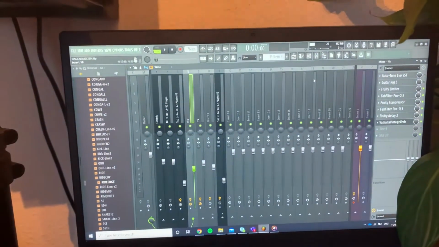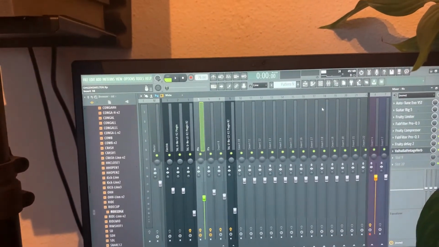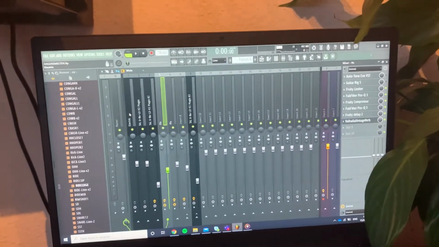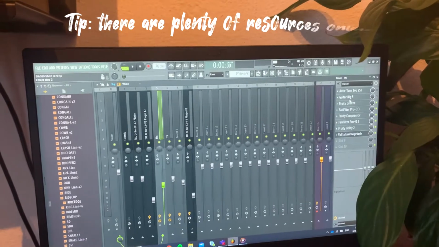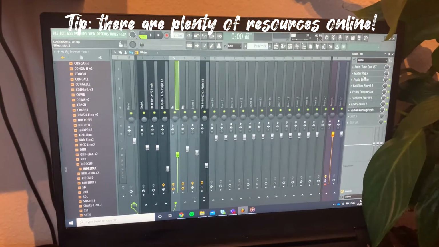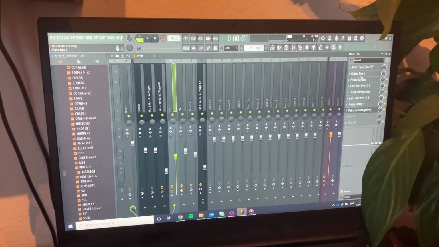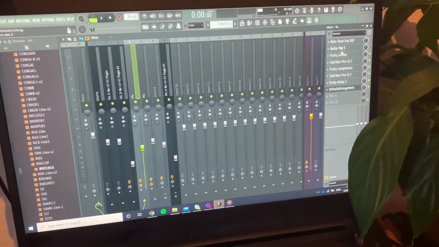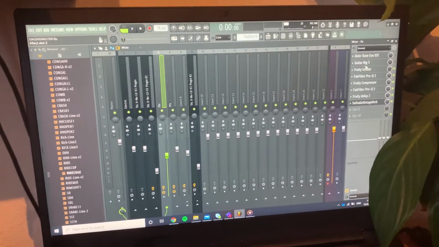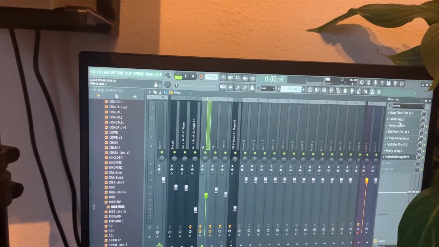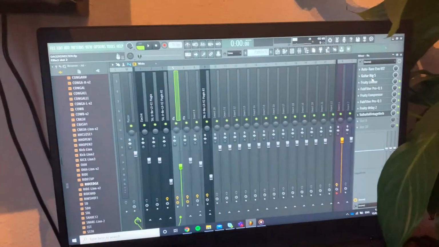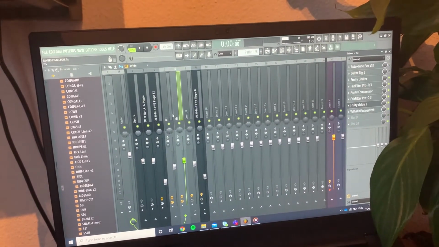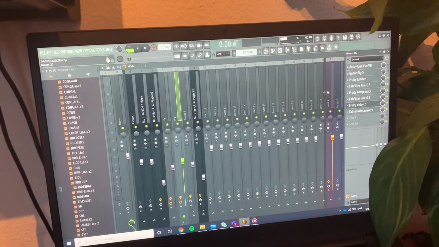Just start looking on YouTube for tutorials, because there are a lot of tutorials on FL Studio, a lot of people explaining the basics. You can literally look up how to get the Tame Impala sound, or the Beatles sound, or the Kendrick Lamar sound. There's a ton of videos on how they created their sound, and through that you can use the elements you like of their sounds, and create your own sound.